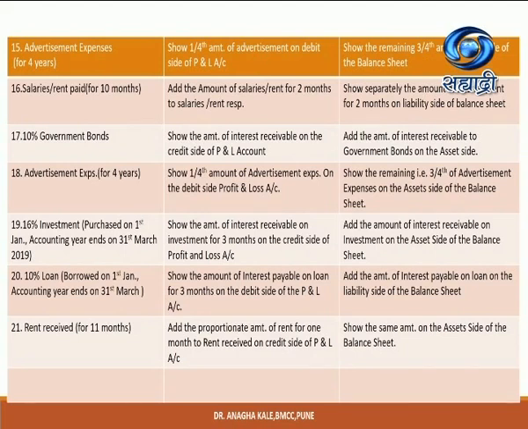And last one, that is rent received. Again, this is implied adjustment in trial balance itself. If it is given in bracket for 11 months, means 1 month rent is not yet received. So we'll be calculating what is the rent for 1 month, and that particular rent will be adding in the rent received amount which is shown on credit side of P&L account, and the amount of rent which is receivable is asset for us. So second effect will be showing it in balance sheet on asset side.